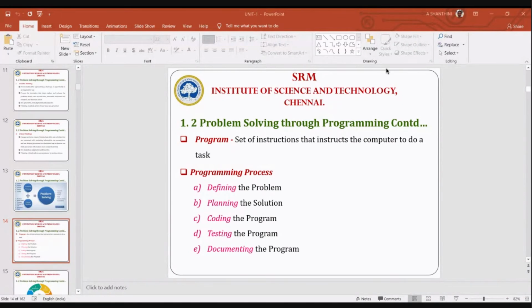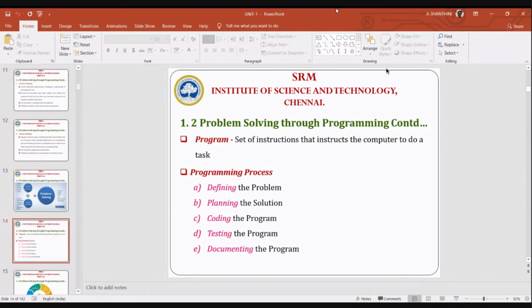And then, coming to problem solving, we are now going to focus on how to solve a problem by the process. I have also told you certain steps in solving the problem: identifying the problem, understanding the problem, listing out the solutions, finding one of the best solutions, then writing the algorithm for that solution and evaluating. Those are the steps involved in problem solving.